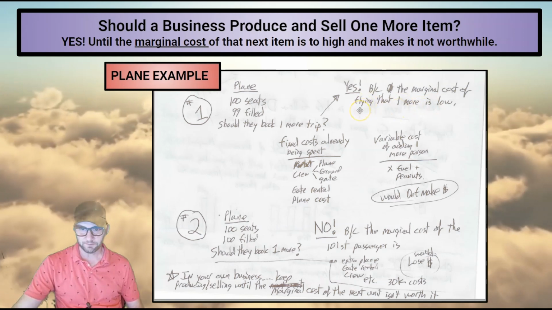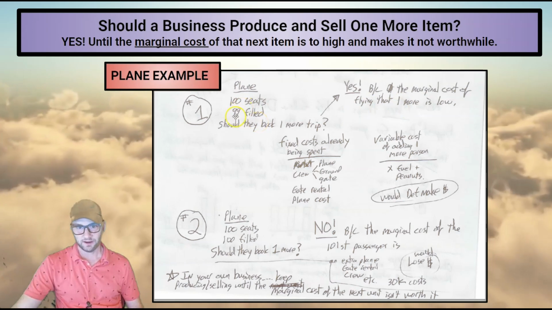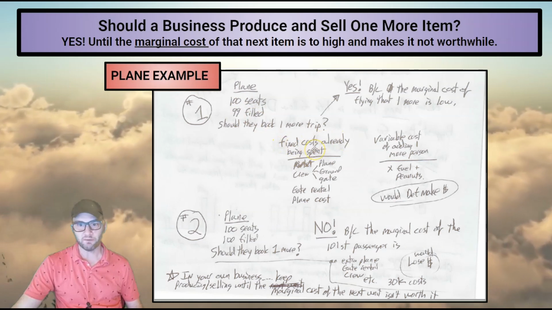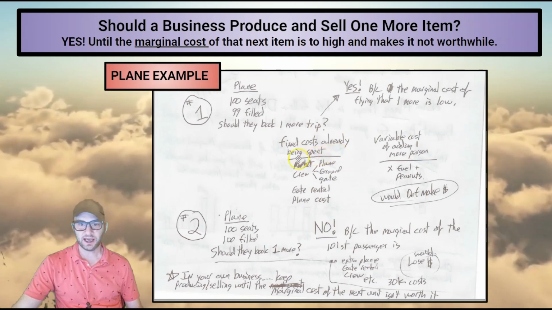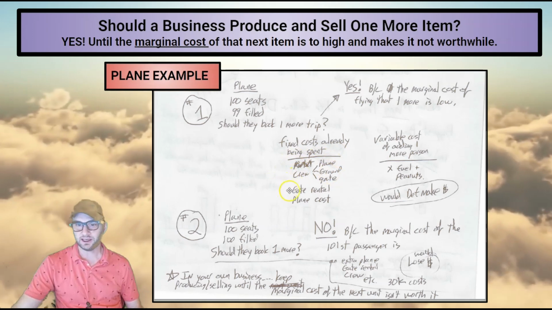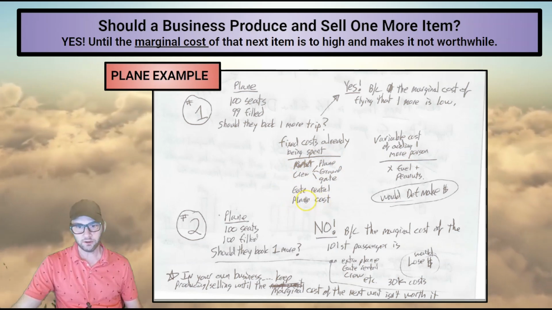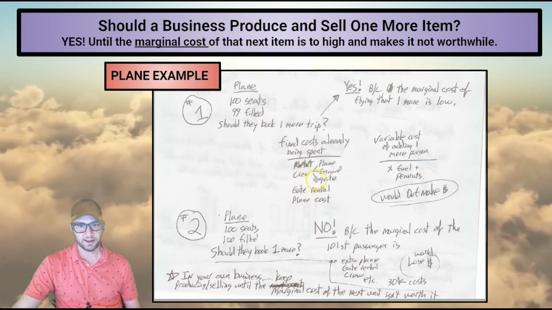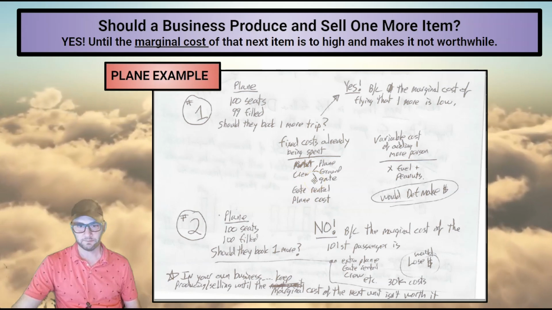So let's examine this, right? So the plane is doing a trip, okay? The plane is doing a trip. They filled 99 seats. There are things called fixed costs that are already being spent. No matter what, that plane flying from city A to city B, the company has paid for the crew. They've paid for the plane crew, the ground crew, the gate crew. They've paid the gate rental. They've paid the cost of building and buying the plane, okay? All of those things. No matter how many people are on that plane, they have paid that money. And in order for that plane to get from A to B, they've already paid that money.